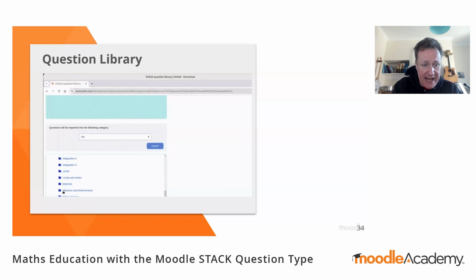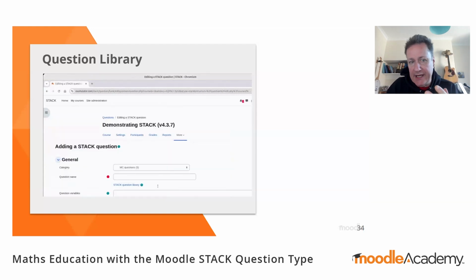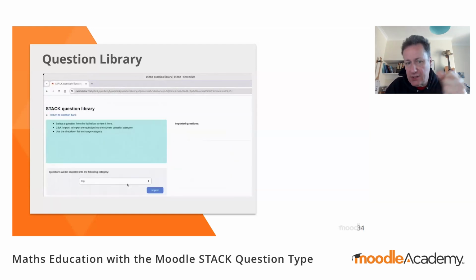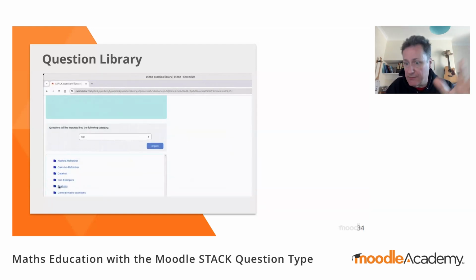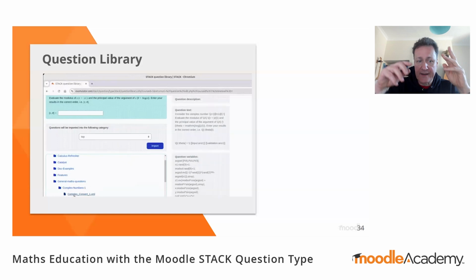You see here calculus, algebra, matrices, complex numbers, Catalyst. You see Catalyst there, that's our own category. And you can see it's rendering the maths there, clicking import, and so it comes in. So this is a real headline feature. And in fact, the new version, Chris, the maintainer, said there's some additional stuff in the new version, but I was busily creating this presentation, so I haven't actually had a look at that. So that is